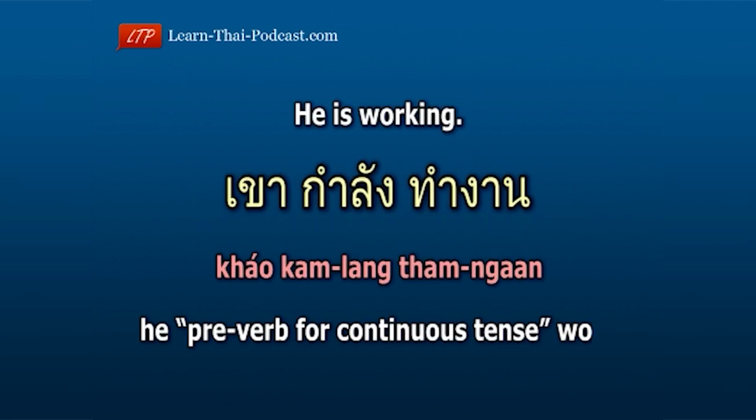Here's some examples. He is working. เขากำลังทำงาน. He เขา, preverb for continuous tense กำลัง, work ทำงาน. He preverb for continuous tense work. เขากำลังทำงาน